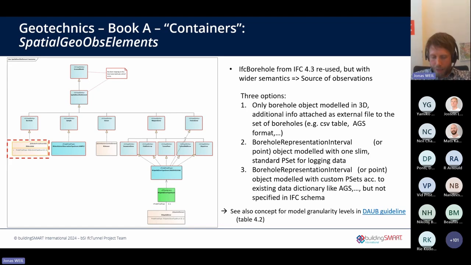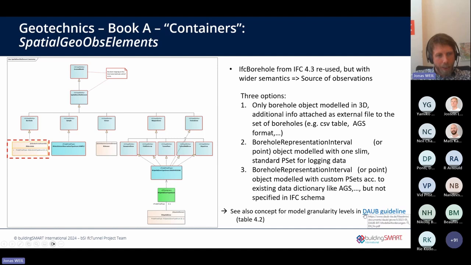There are a lot of software-specific, country-specific, standard-specific, geology-specific aspects that you need to log, and it must be possible to define the properties of the data you want to add to the borehole log according to your needs. And it should be possible to map existing data dictionaries like AGS or DIGGS or other standards into such custom property sets, to use IFC really as the front end, but keep the data structure as it is in other standards.